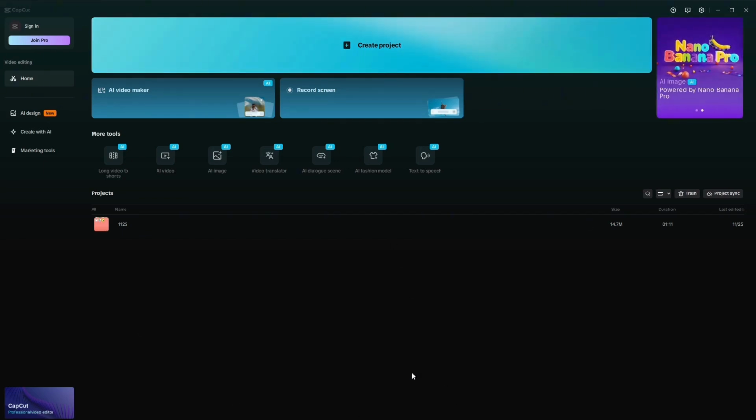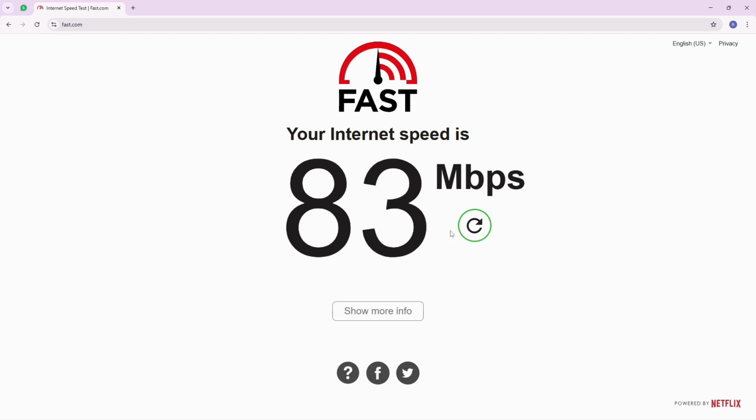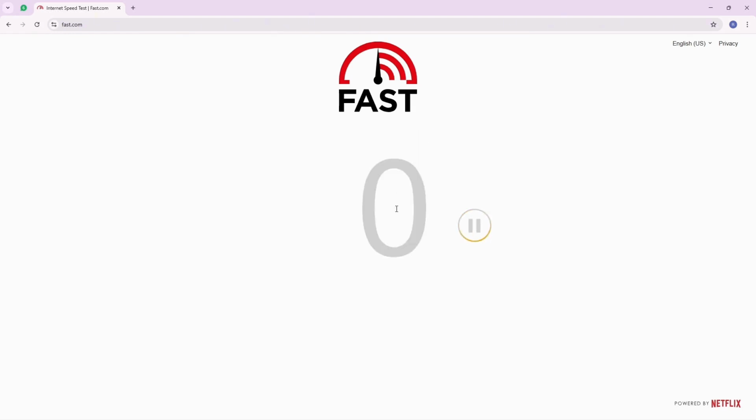Next, check internet connection. For that, launch your preferred browser. Navigate to any website to check the net. If your speed is low, especially on mobile data, switch to a stronger Wi-Fi network, restart CapCut, and see if the